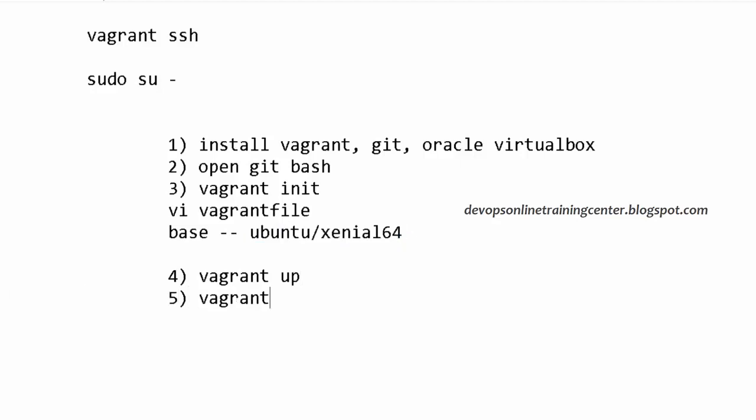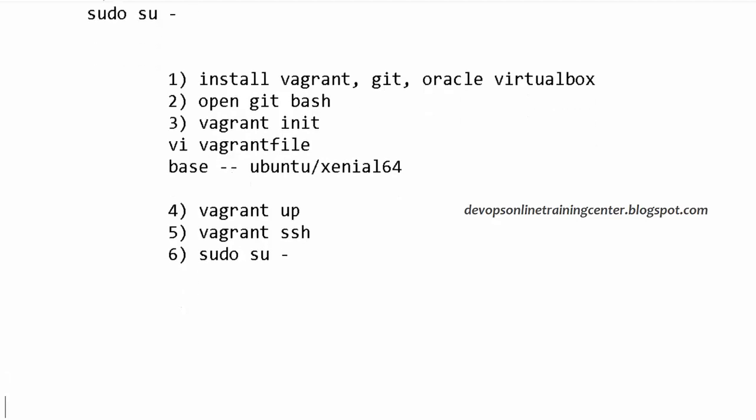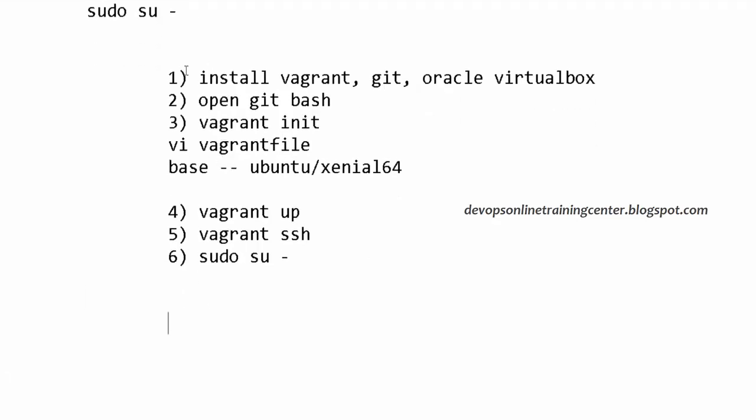Then you just say vagrant ssh, and you log into the machine as the vagrant user. Then if you do sudo su -, you log in as root. Then you can execute all the commands we discussed so far. Try all these things. Basically, you're virtualizing your laptop, creating a virtual machine on top of it, and on that you have Ubuntu pre-installed. So you have everything ready. Now you can practice all the Linux commands, and you can have multiple VMs like this.